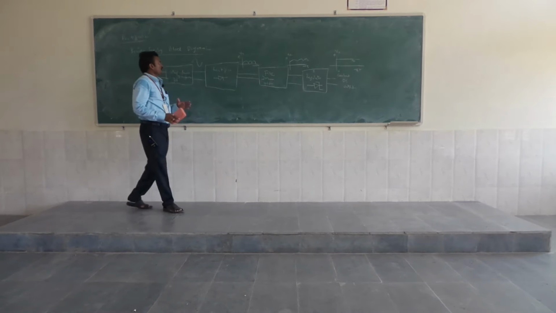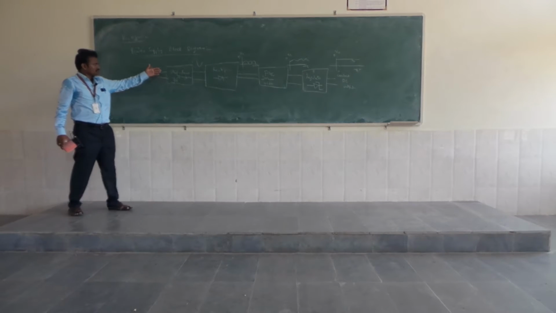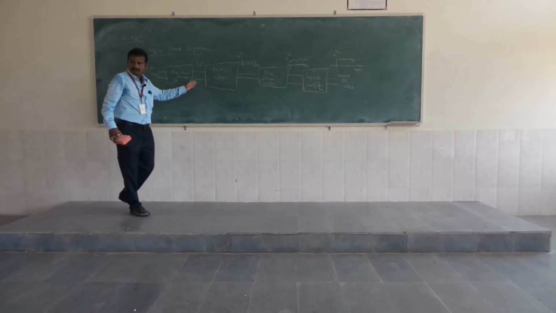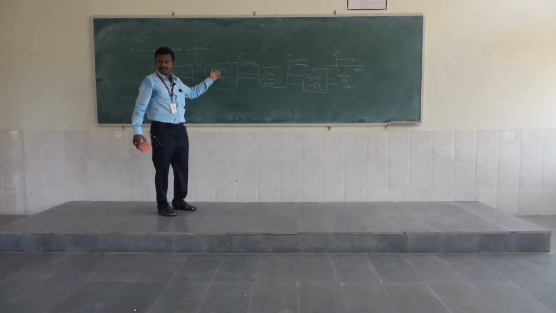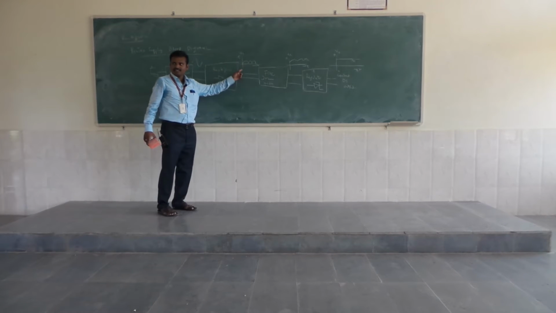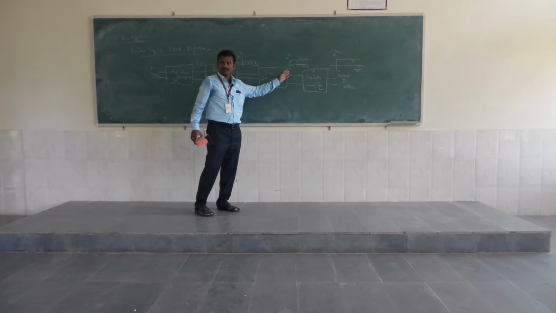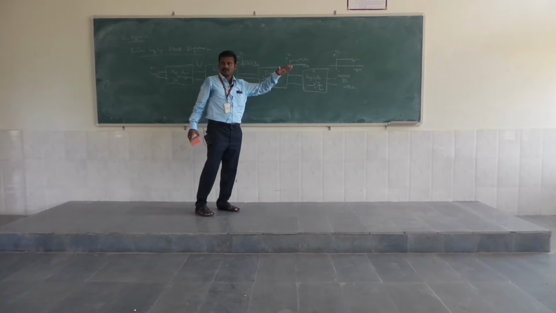So this is the power supply block diagram. First we use a step down transformer to convert the AC supply to the supply required for the device. Next, the rectifier converts AC to pulsating DC, and then the filter removes the AC component and we are getting pure DC value. And still if you want constant DC voltage, we require a regulator. So the regulator maintains the output constant.